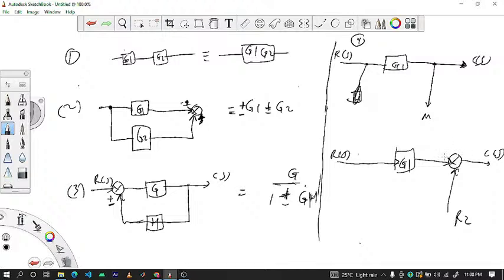If you move a summing junction from after the block to before the block, so let's say I have my G1 here, I've now moved the summing junction here,